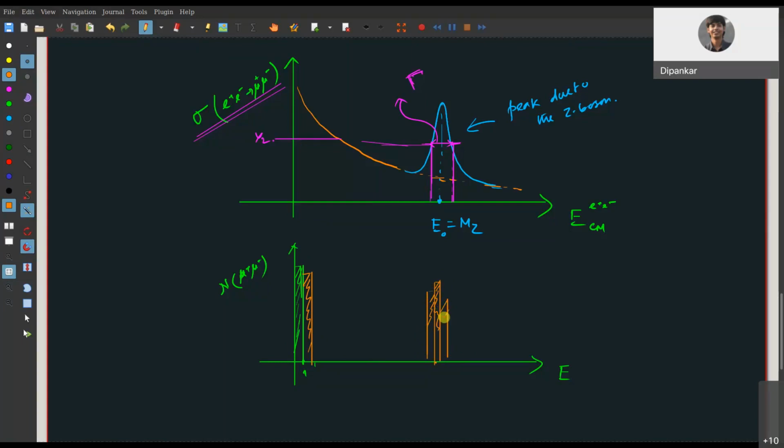You will see something like this. It would be nice if we could have the actual data. I will try to figure out the old LEP data, and we will try to analyze those data. Okay, and so this is the kind of histogram that you will expect. You get the idea, and then